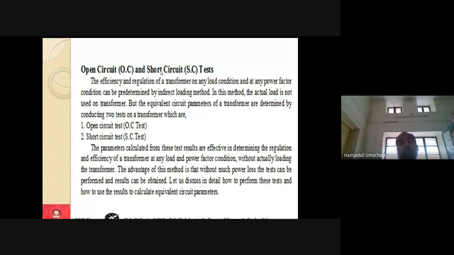Okay, very good. Then similarly, if I consider equivalent circuit parameters, which values are you going to get from the open circuit test? Which all parameters? Magnetizing branch parameters, that is R0, X0, I0, IM, IC. And using the short circuit test, we can estimate the values of the remaining circuit parameters, that is R1E and X1E of the equivalent circuit of a single phase transformer. Okay, now let us see how to conduct the open circuit test and short circuit test experimentally.